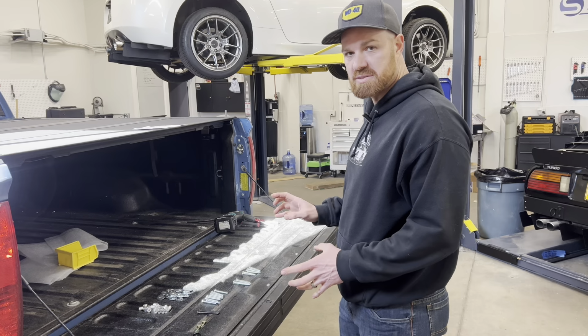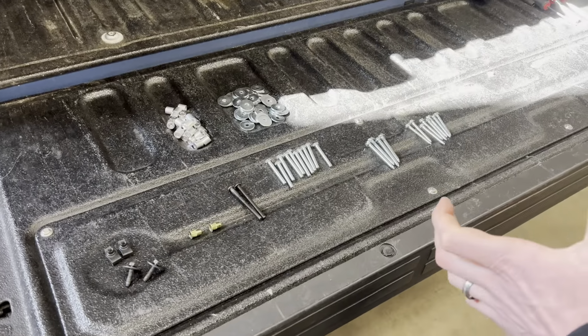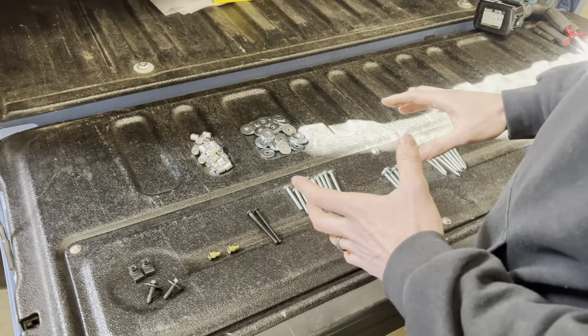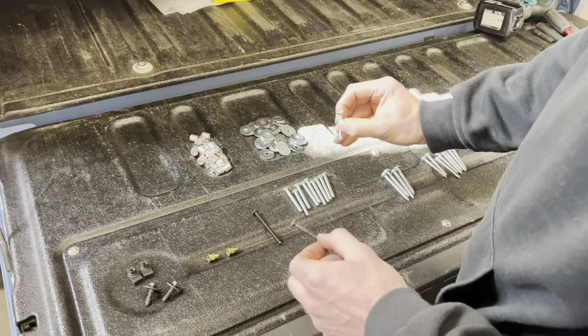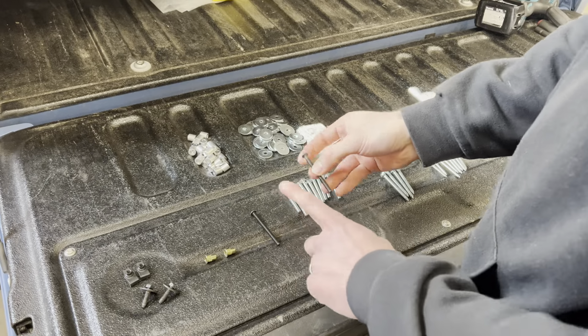All right, so I want to touch on some of the hardware before we actually start installing it. There's multiple sizes and lengths. These M6 machine screws we're going to be using with a different variety of spacers. These are M6 by 50, I believe. Then we have the Allen head, which are an M6 by 70, so we just need two that are a